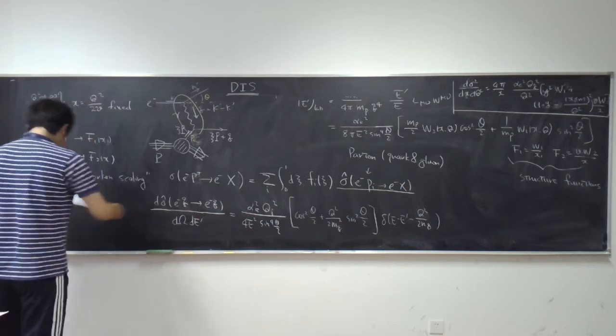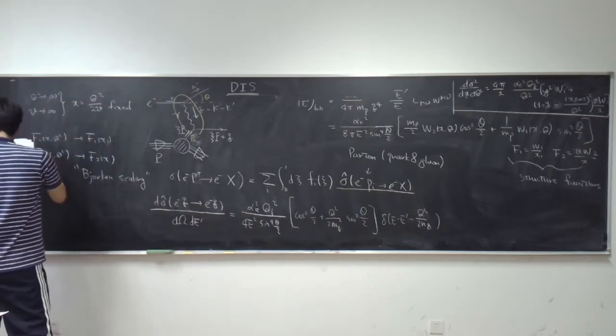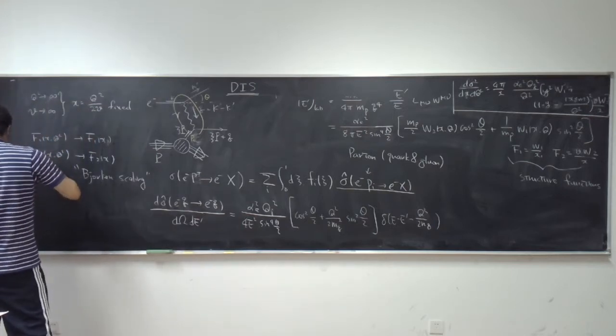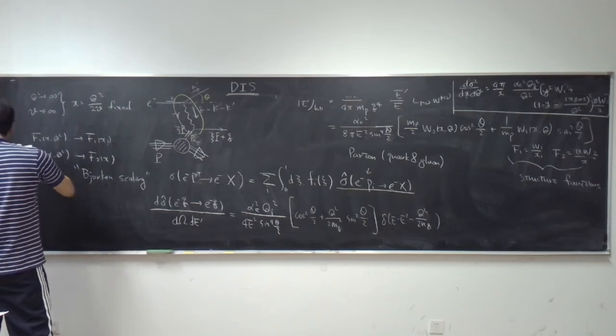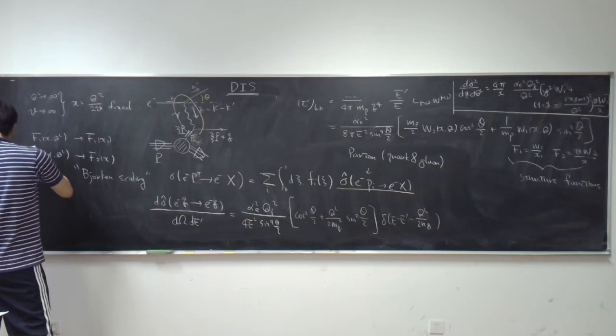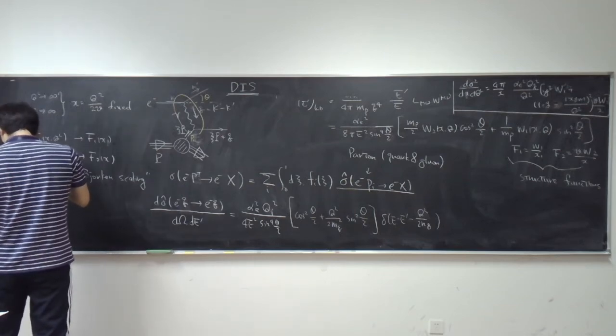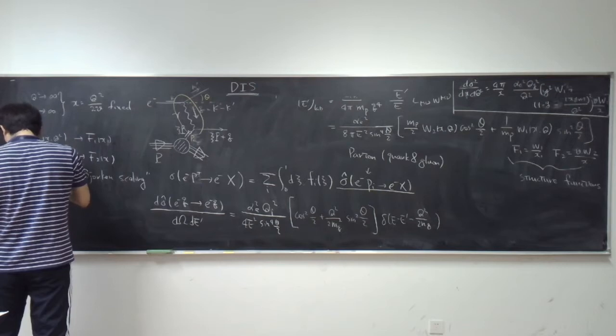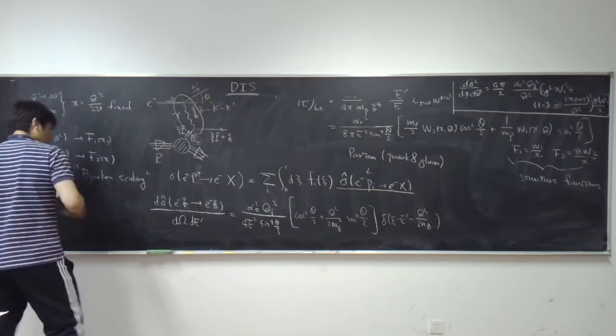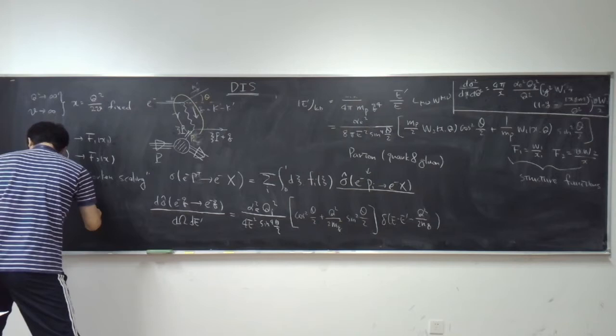So this formula is particularly called, I think there's a name for it. I mean, you have learned it in QFT1. What is it called? I already forgot. Oh yeah, this formula is called Rosen